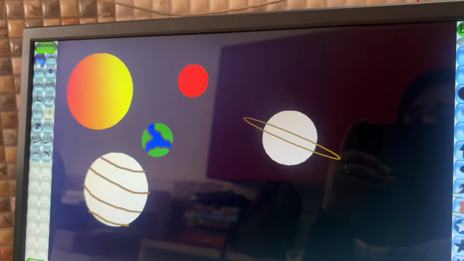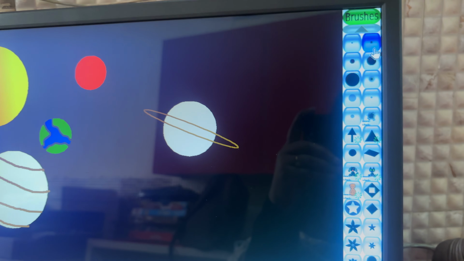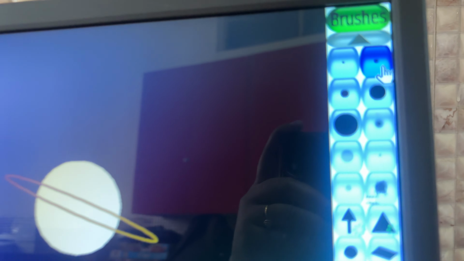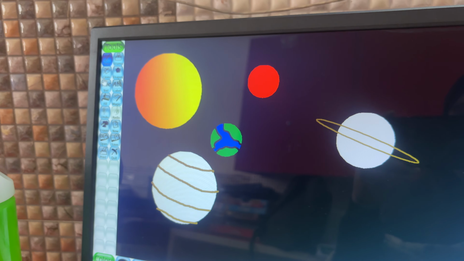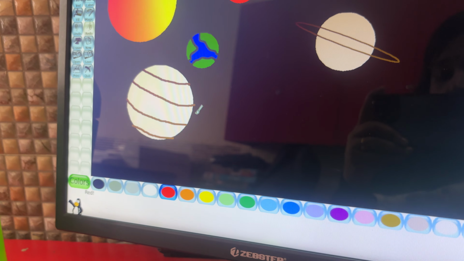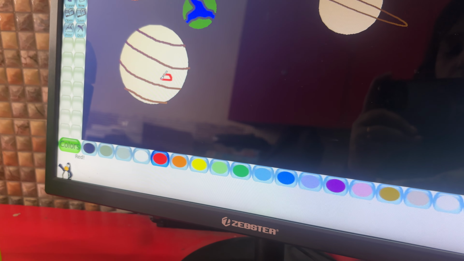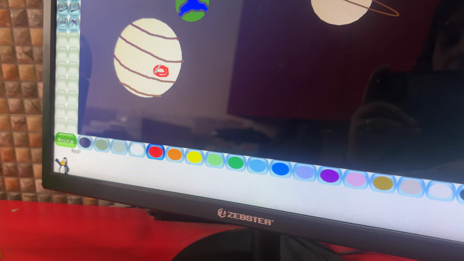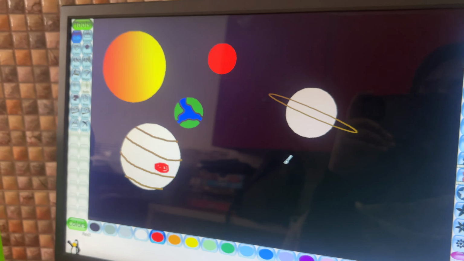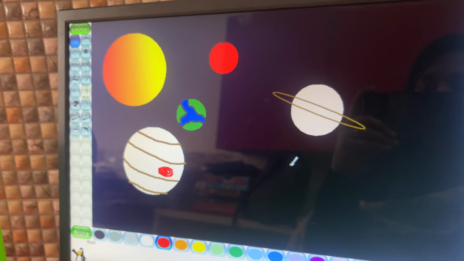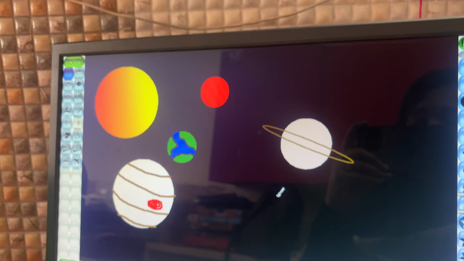Again, please remember, when we are making any kind of markers, it is always better to use the second brush under the brush selector tool when we use paintbrush, or even when we are making lines. So again, we'll use red color, and Jupiter usually has a big red spot in the middle. So we are trying to recreate that by doing this. This is how we make an uneven sort of red spot, and now Jupiter is almost complete.